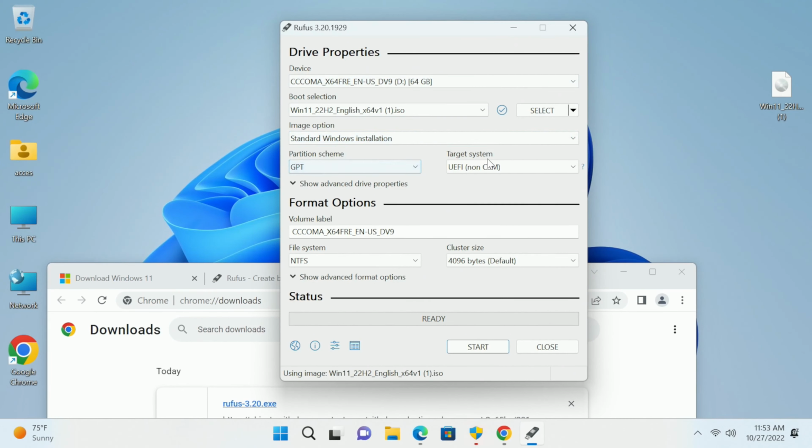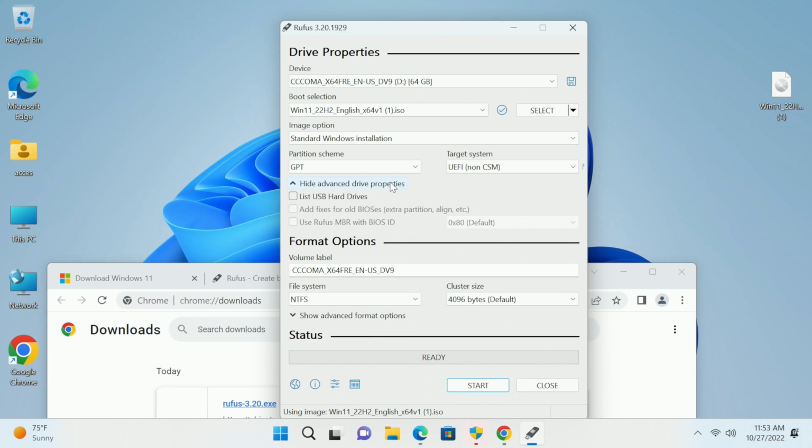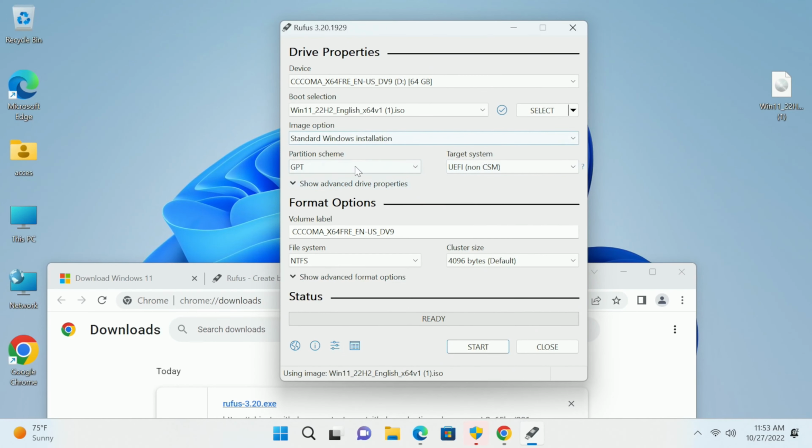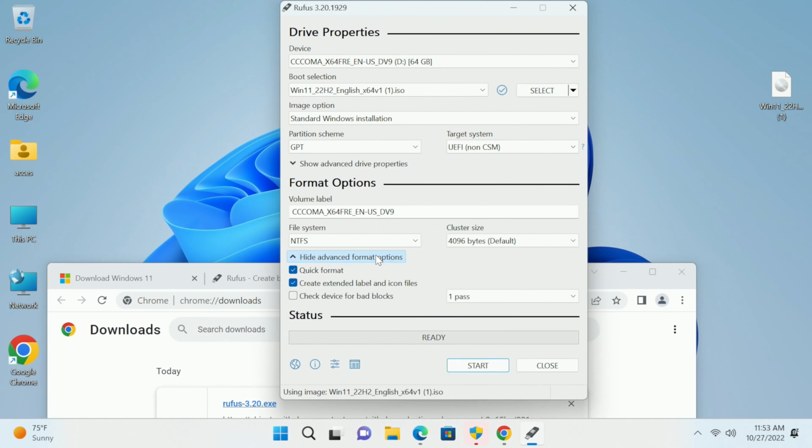We're going to leave most of all of this exactly the same. So you don't really have to worry about any of this. You can leave that the same. You can leave this the same. You pretty much leave everything the same in here, except,